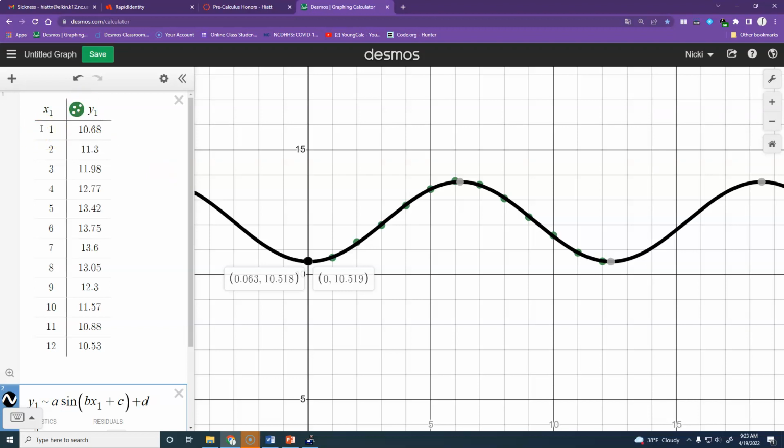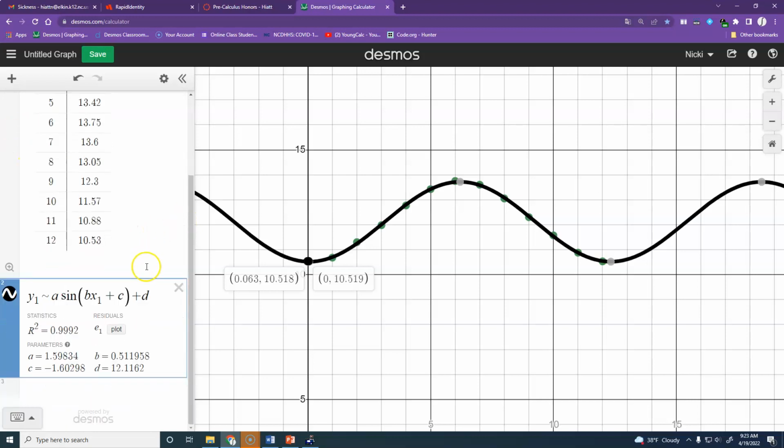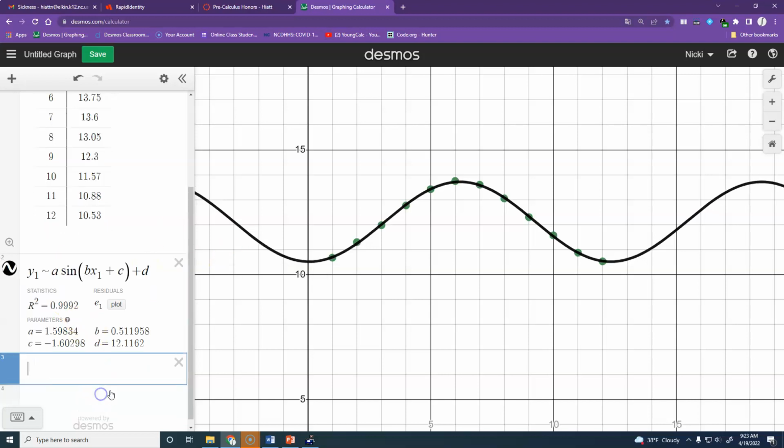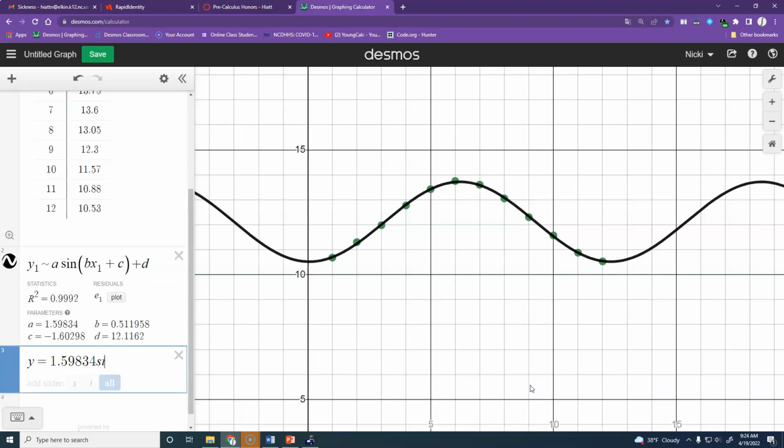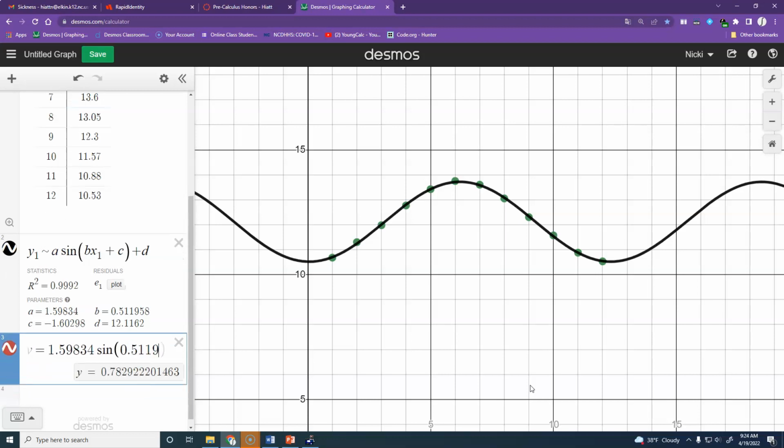We have to shift that a little bit, especially because we're using a sine function here. If I type in the exact same sine function without the phase shift, y equals 1.59834 sine of 0.51158